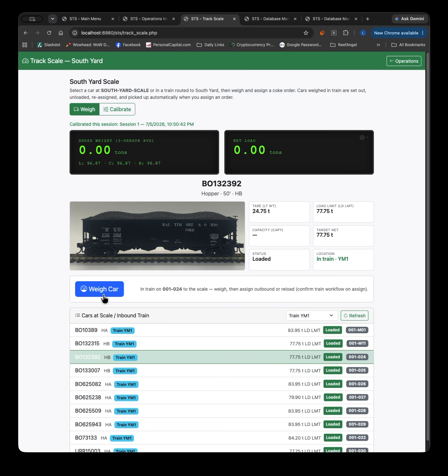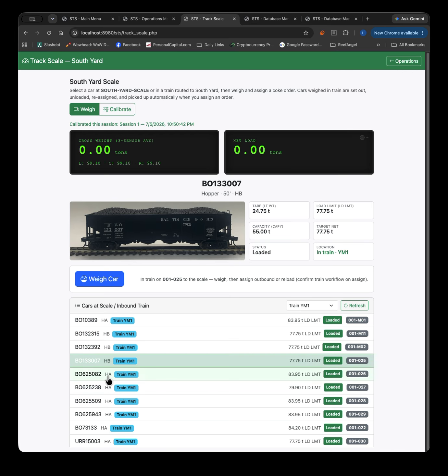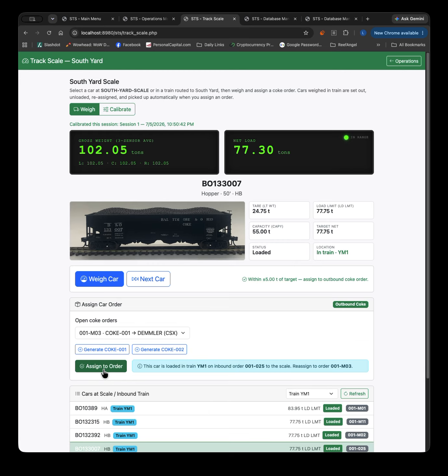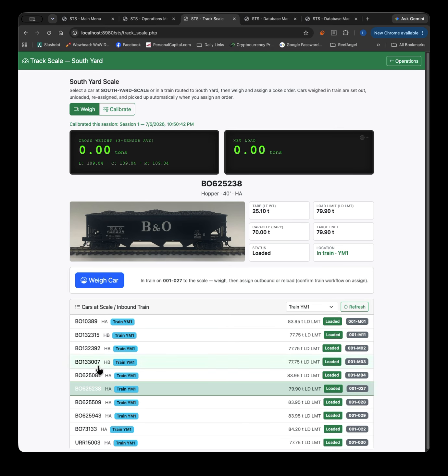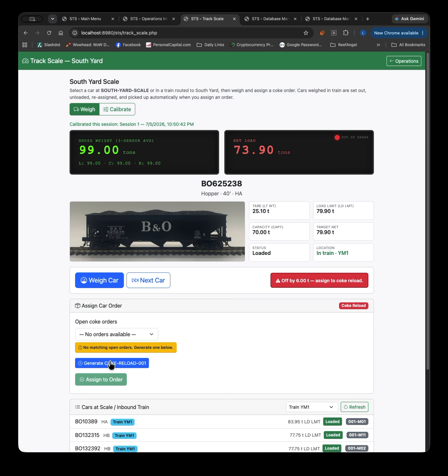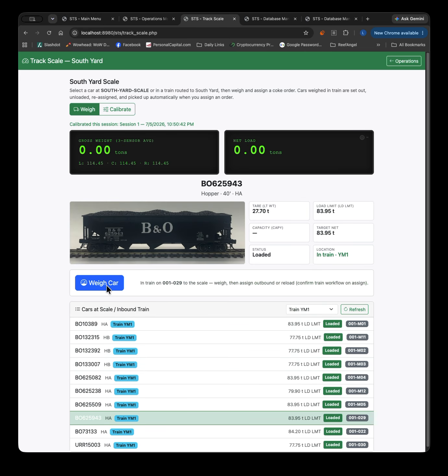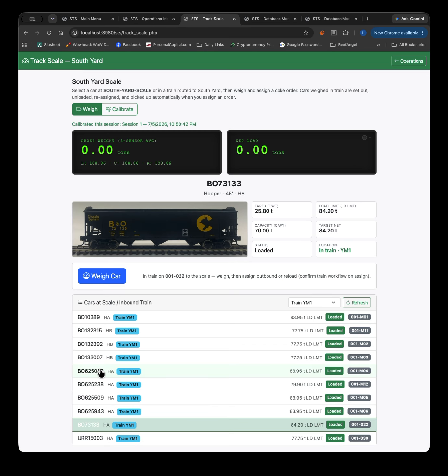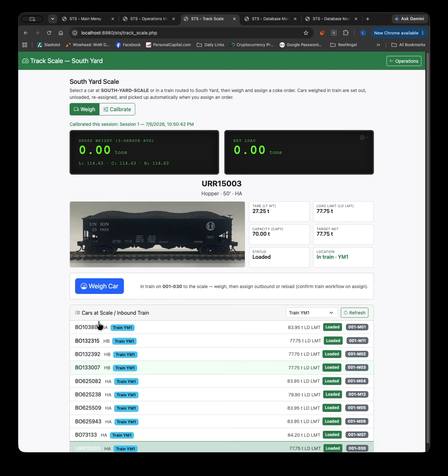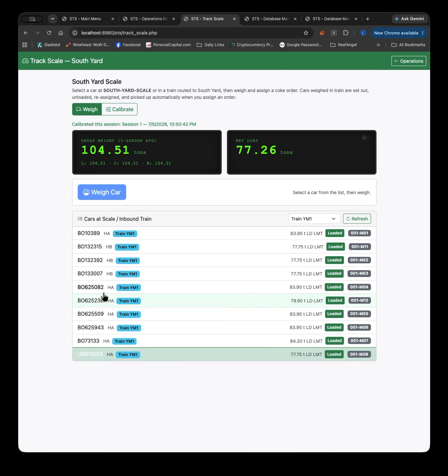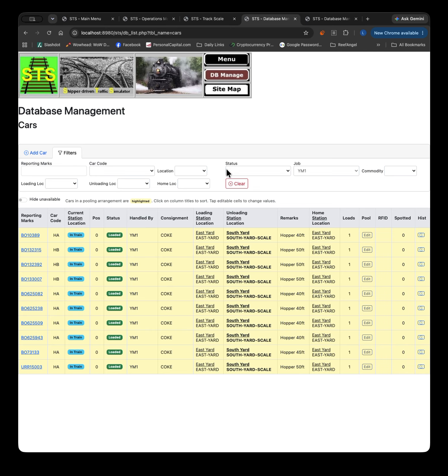That one I'll just do on the fly, and we'll go through all the train, weighing and assigning, or creating a new order to assign it to. Hopefully this will be easy for my operators. And once we've finished the train, we'll have no more to assign, and we can come here and refresh this report,